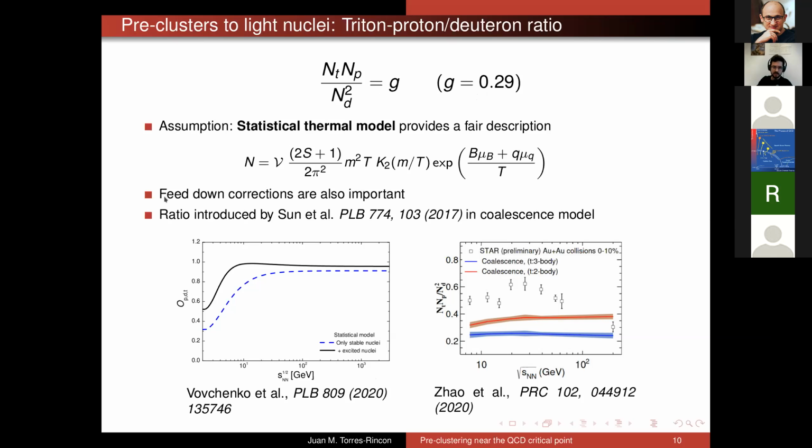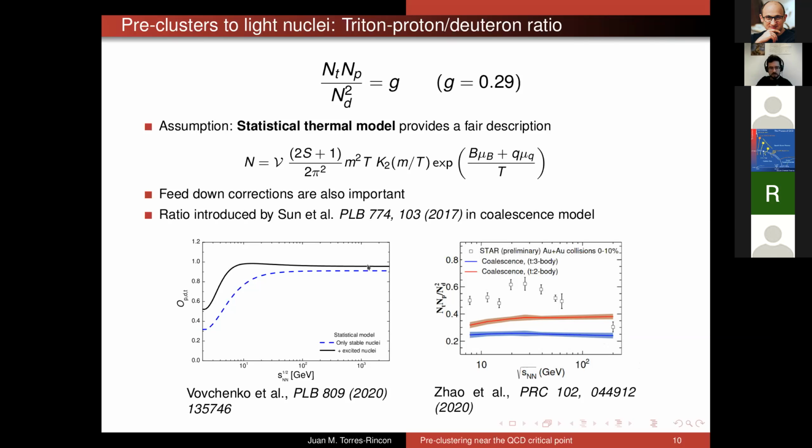Now, you can measure this in the context of the statistical thermal model when you take into account also the feed down of many states, including the excited states of nuclei, and then you observe this result as a function of the collision energy. You can do the same in the coalescence model. Xiaofeng also showed a different coalescence model, a transport code, and here is a different one, but the result is the same. Essentially, in all these approaches, and remember that they do not include any information about the critical point or phase transition, you obtain an almost flat dependence in energy, okay?